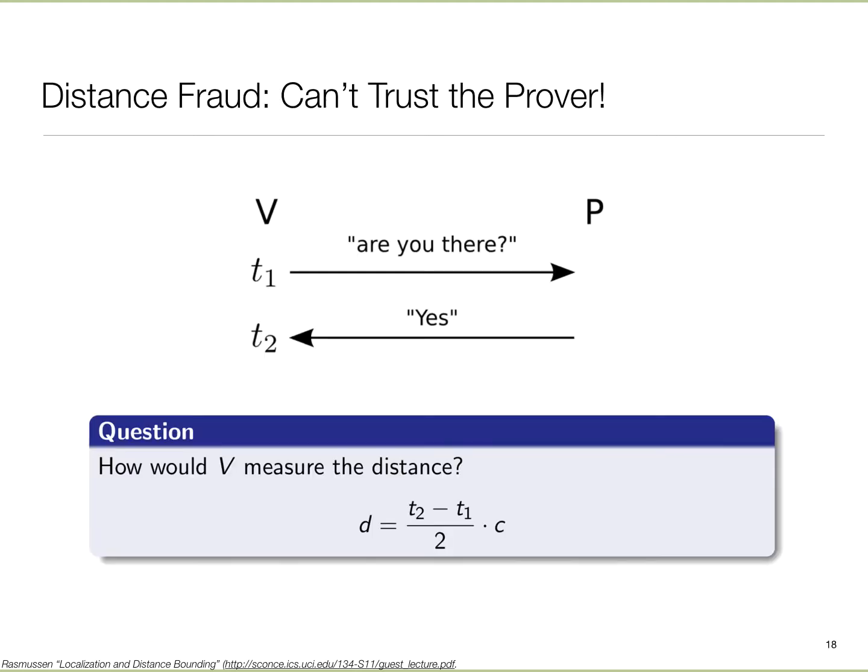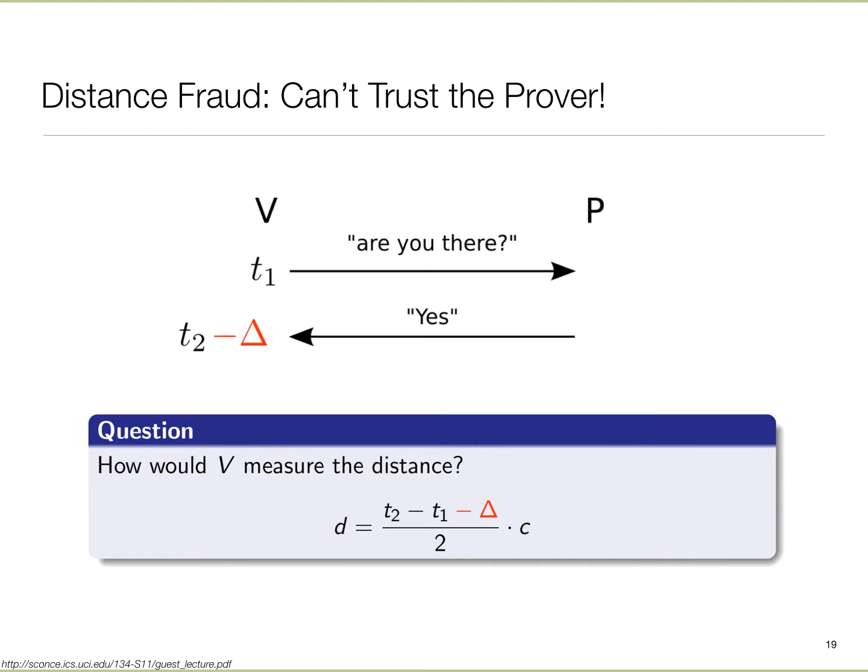A simple strategy, which surprisingly many systems use, is simply to send a heartbeat message, are you there? And the other party responds, yes, I'm there. That's utterly breakable. The idea is they estimate the distance by measuring T1 and T2 and dividing by 2, but it's breakable because it's predictable. So one message out of this is that we don't want predictability, because then the prover can jump the gun and thereby cheat.